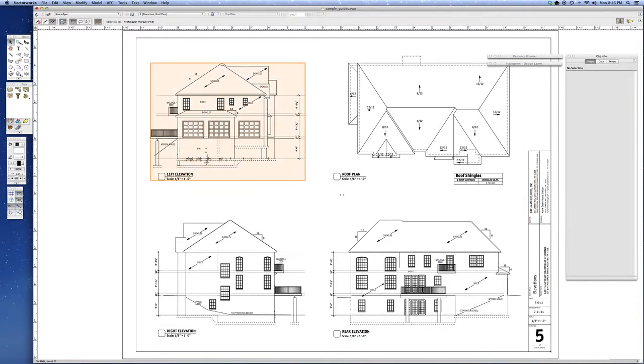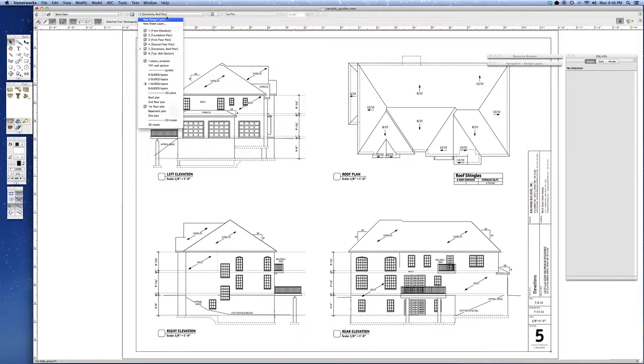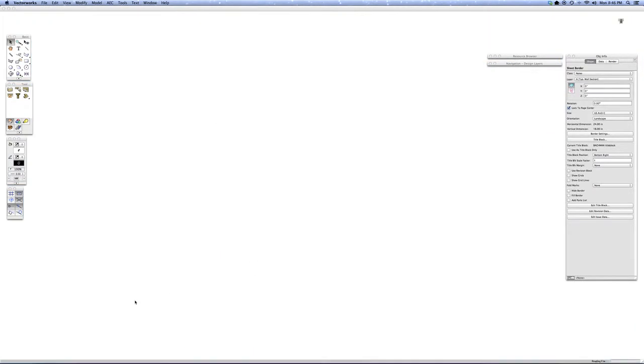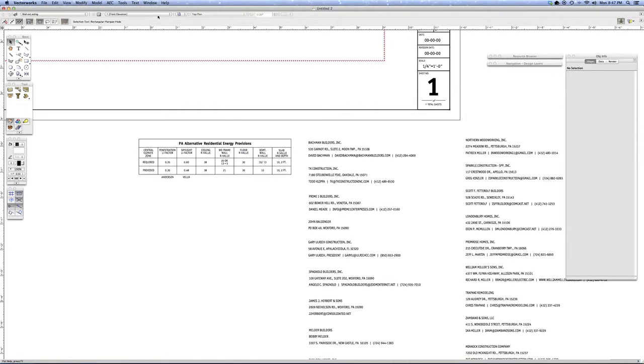Elevations now have the foundation under it and some of those additional notes that I had pointed out. And then I also picked from the typical wall section. I want to show you that real quickly as well. The typical wall section,